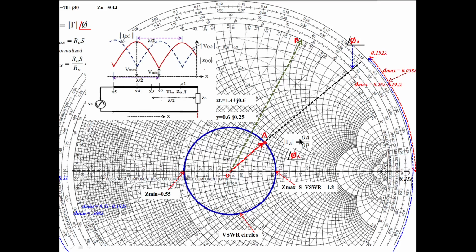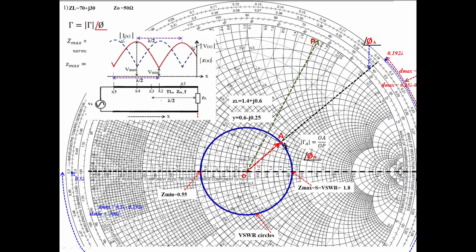Similarly, we can find the minima distance also. At what distance is this minima? You see, the minimum impedance you are observing here is correct. As you move like this, we have to start moving from the load point. You start from the load point, you move like this and stop here. There we are having a minimum impedance. Measure the distance from here to here. That we can do easily from the Smith chart.